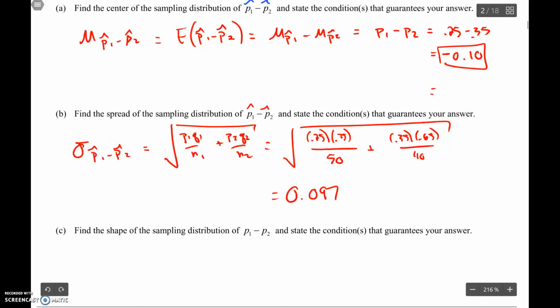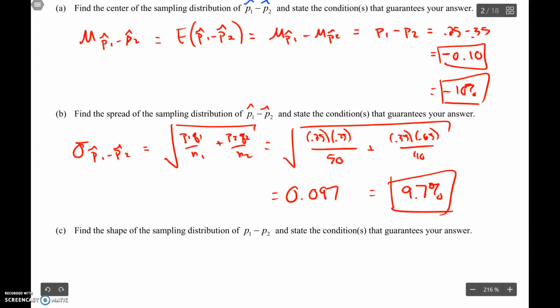This is also known as negative 10%, and this is 9.7%. So I don't want to drag this on more than I need to, but this is an important value. What does it mean? How do you interpret it? Well,